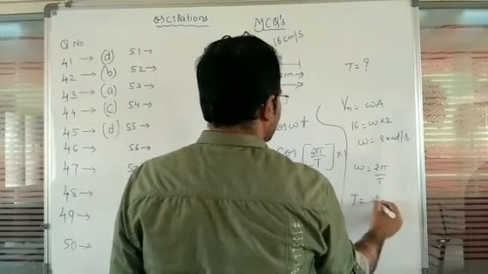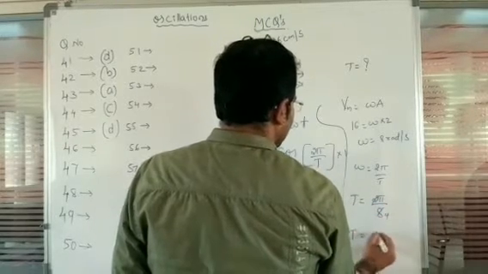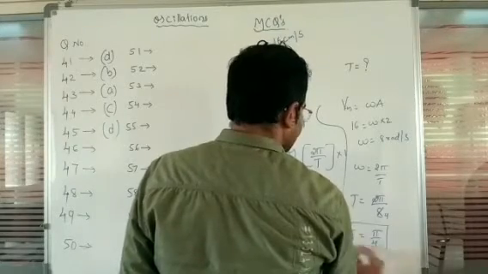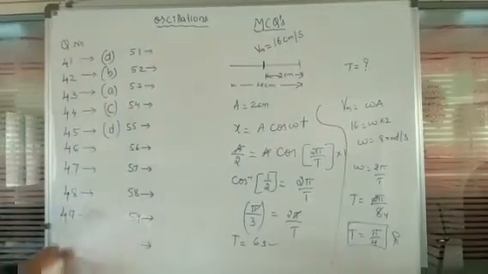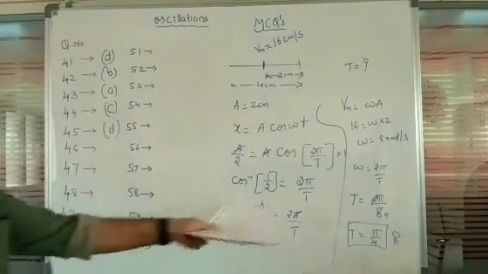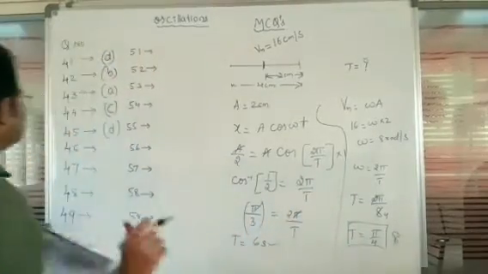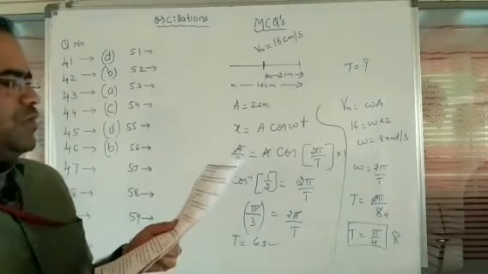So T is equal to 2 pi divided by 8. So these two will get cancelled. T is equal to pi divided by 4. So this is in terms of a pi value. This is in terms of complete seconds here. So in terms of pi by 4 is given. So that's the reason we can consider option B. So option B here. Next, question number 47.